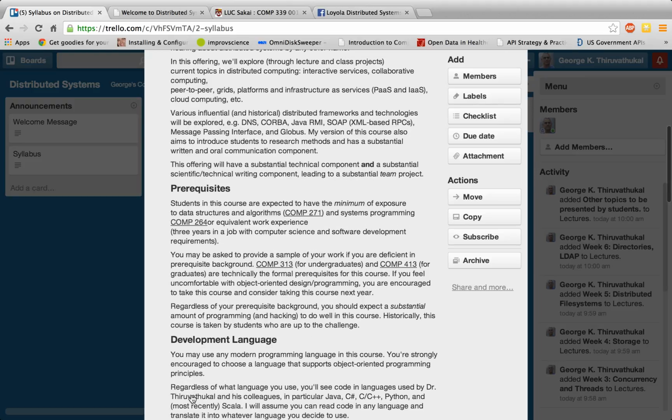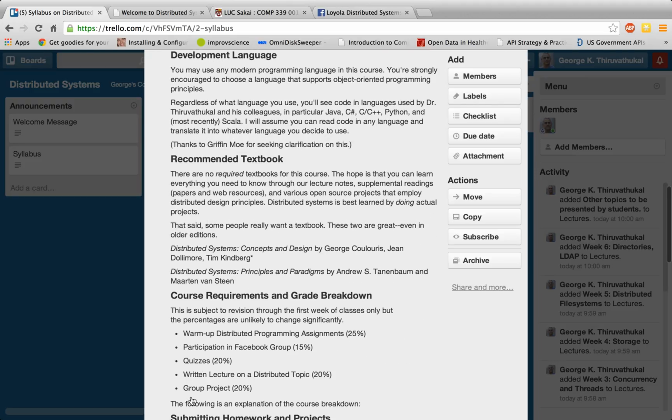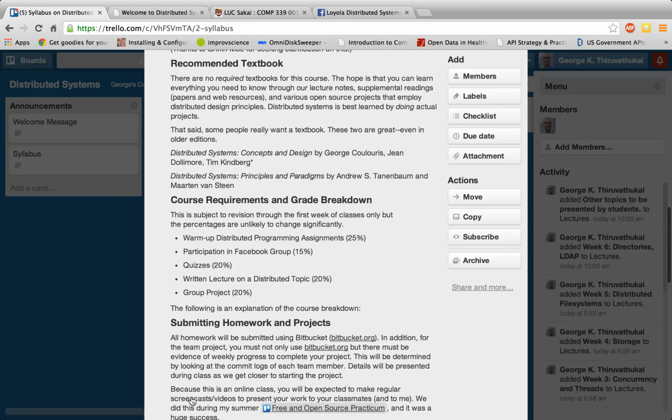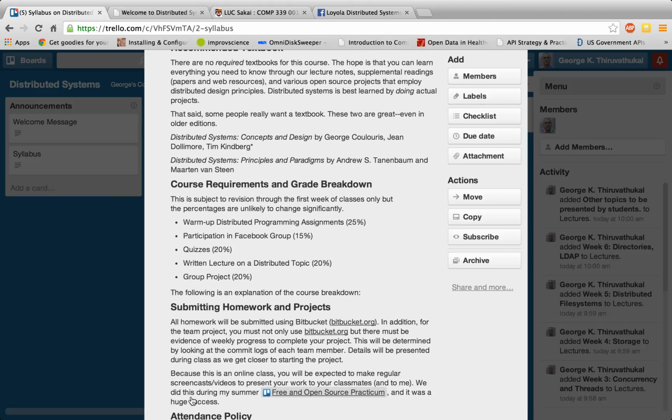And then we're also going to have a number of short quizzes. This is an online class, so I'm still trying to figure out the best way to handle the quizzes. So stay tuned for information on that. It is possible that the quizzes would be replaced by some sort of take-home or online quiz that needs to be completed within a certain amount of time.